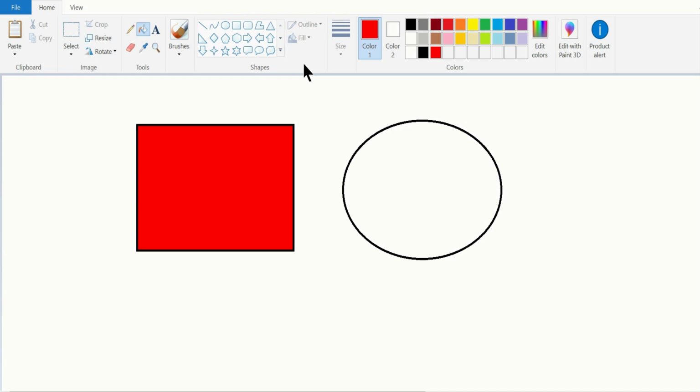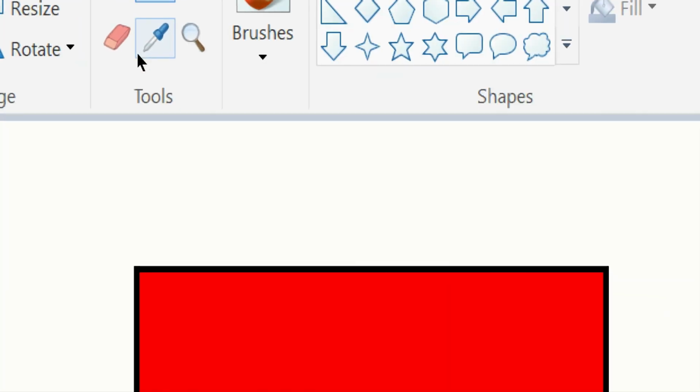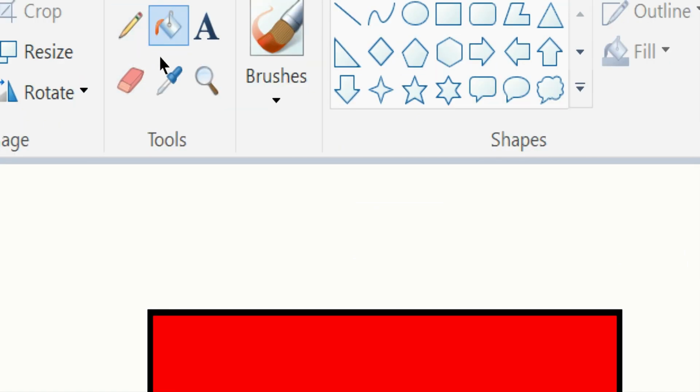I have already filled the rectangle shape with red color. Now, suppose if I want to fill this red color to the circle, first go to the Tools group of Home tab, select Color Picker tool,